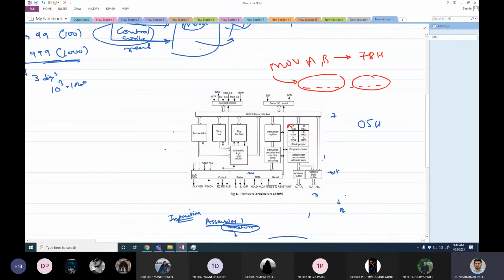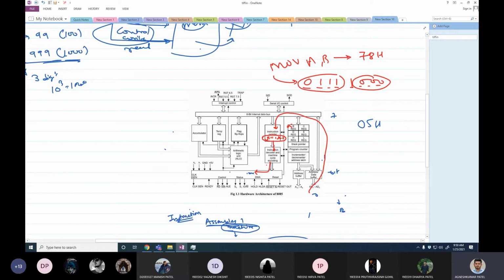Hexadecimal number 78 is the machine code. I am going to provide this 78 to 8085 like this, 01111000. I am going to give this code through my data bus and it will go directly to the instruction register. So the instruction register will see this number, and when it sees this number, it will immediately know. This number will be decoded over here, and this decoder will immediately know what has to be done, and it will give this to the timing and control unit. Now the timing and control unit knows what has to be done.